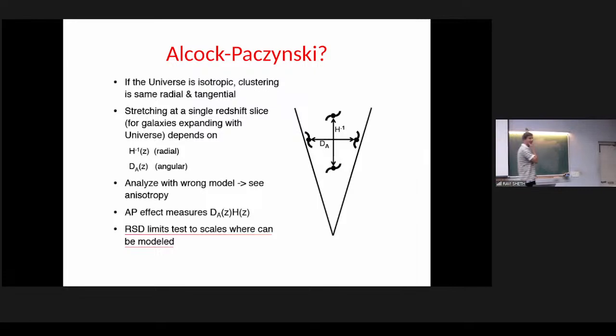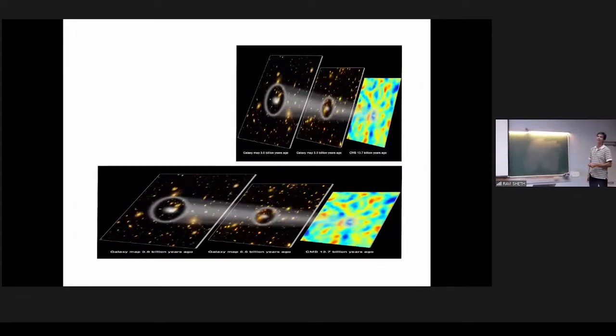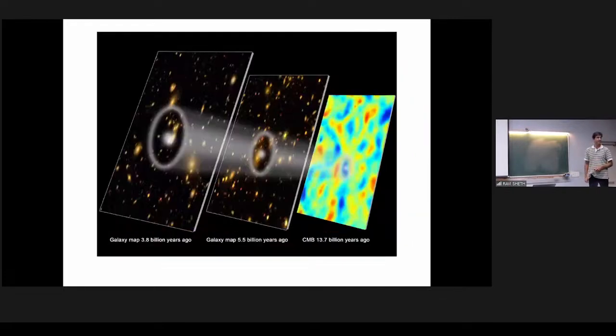But the problem is that our observations are in redshifts, not of position. And so I've underlined here that redshift space distortions limit the scales to which this can be done. Okay, so let's talk a little bit about that. Before the redshift space distortions, this is the cartoon of how this game is played. Suppose this is the right answer. Then we take the angles and redshifts, and we guess one cosmology, or maybe we guess the redshifts too stretched, or we guess the angles too much like this. So we have something that's not round, and then we get to the right answer. So we fiddle this around until you get the sphere.